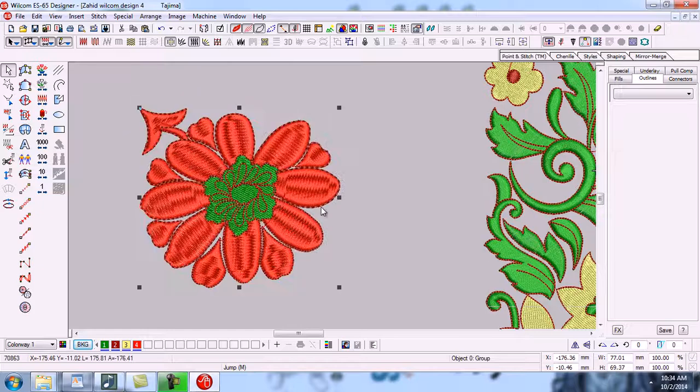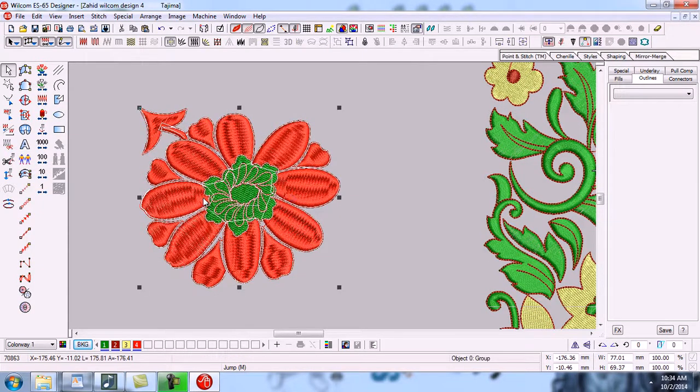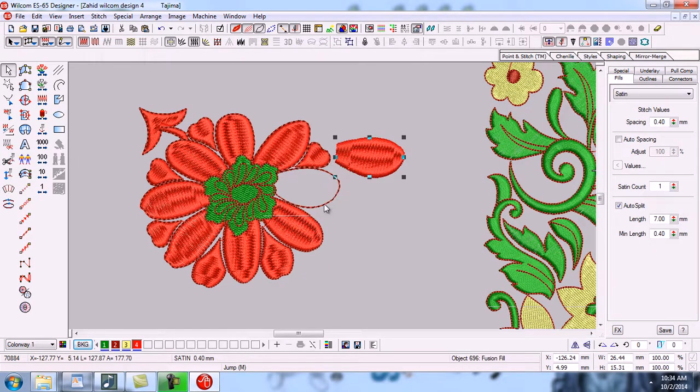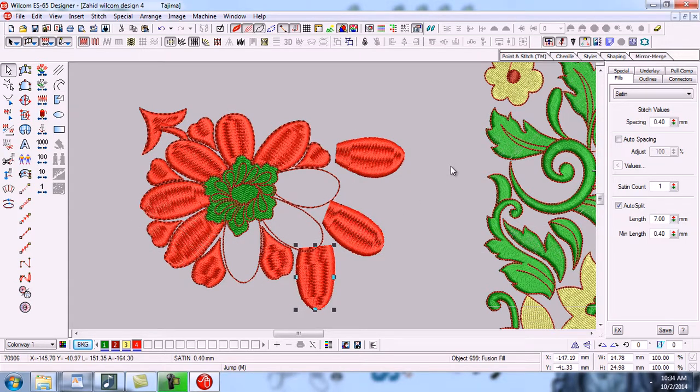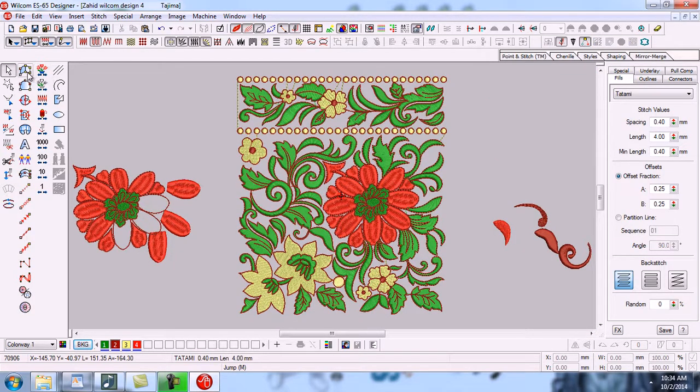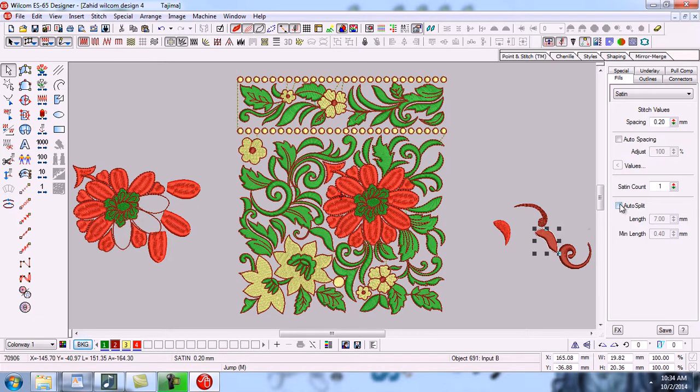And now if you want to ungroup all these objects, click anywhere on the grouped objects, and then you can click here on the ungroup button to ungroup the objects. Now all these objects are ungrouped. If we move any object, it will move separately. So in this video we have learned so many things. We not only learned input table, we also learned about stitch type values, about auto jump, about auto split.